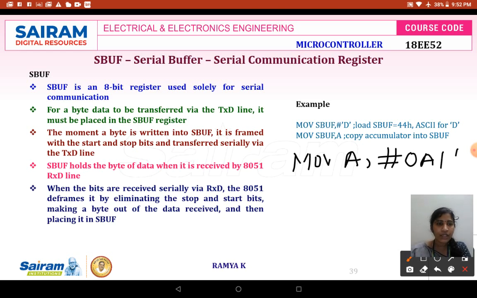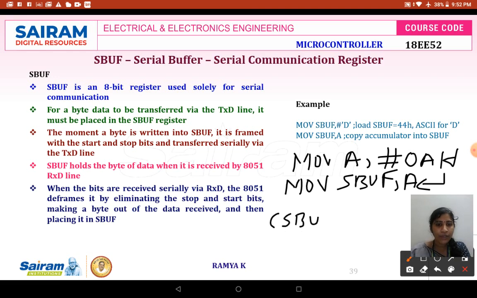So this is the data I am having in my accumulator. After this, if I give my instruction MOV SBUF, A, it means that after the assembler executes this instruction, the content of SBUF will be 0AH. So this is the operation that takes place for MOV SBUF, A.